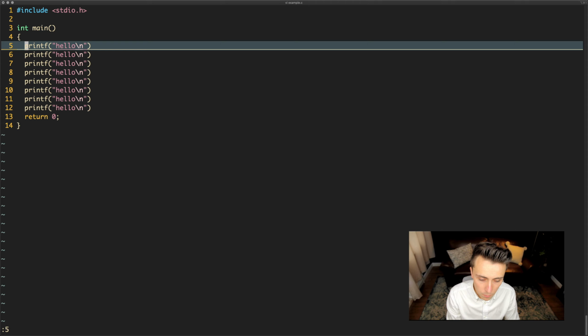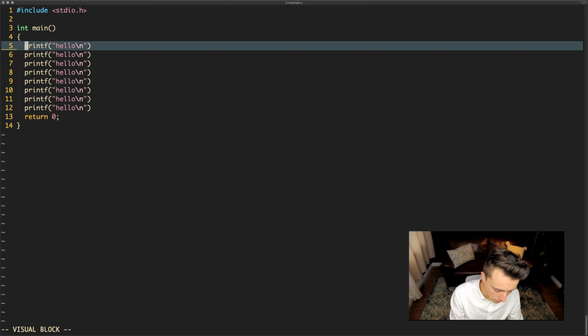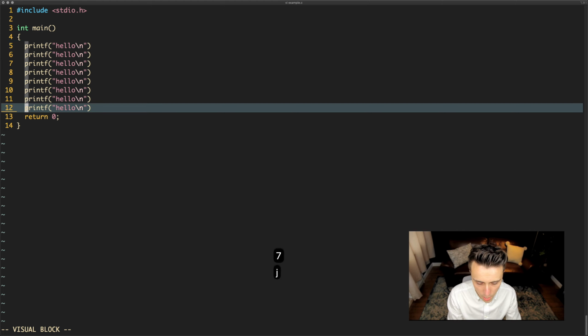So to get into visual block mode, you do Control V, like that. And then let's suppose I want to select all of the lines. Well, I can do 7J, and then I want to get to the end of the line because I want to append something to the end of the line. So to do that, I'm going to do $, and then capital A is append at the end of the